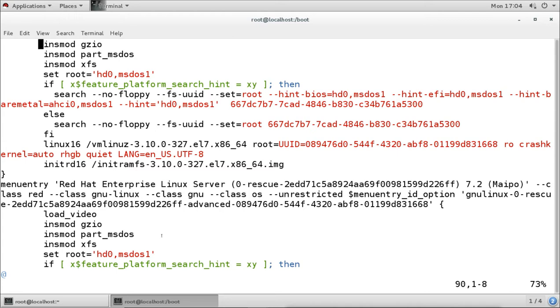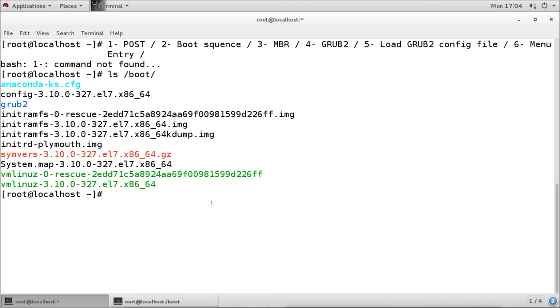And then when the main partition is loaded, our etc directory comes, and under the etc directory there is a file called fstab. So when it has loaded the main partition into the temporary file system directory sysroot, under the sysroot comes the etc directory, and under it the fstab file.